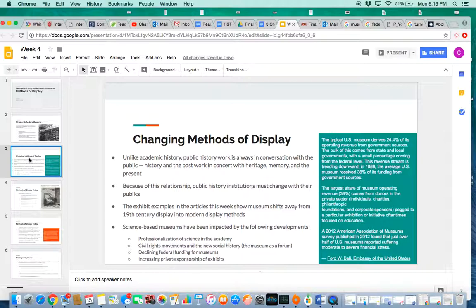Also, once we move into the 20th century, there are some major changes socially and economically that force museums to take a different tack. So the first is the civil rights movements of the 1960s and 70s, the rise of new social history, which was a new approach in doing historical work in the academy and outside of it. So instead of focusing just on the great men of an age, we start to look at who were the common people, right? What did they believe? History from the bottom up or from the grassroots becomes much more